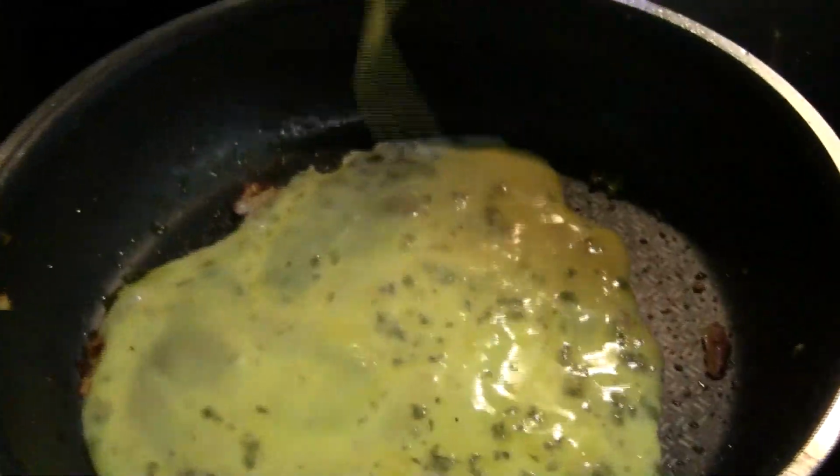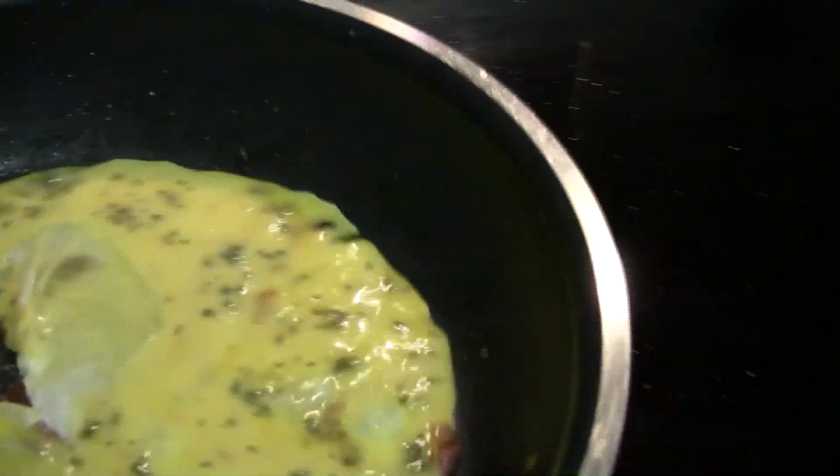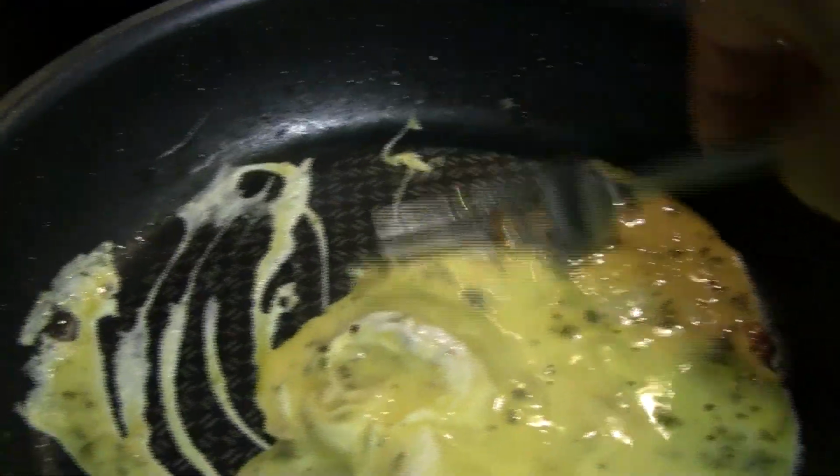Put them on the bottom here, and we are going to dump our egg. And we're going to make a scrambled egg with that. Okay? As you see. Be doing this with something else, not a fork, but